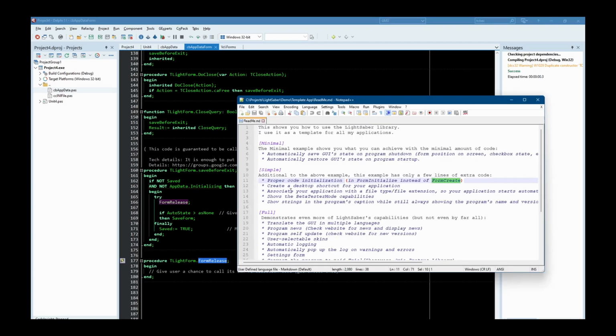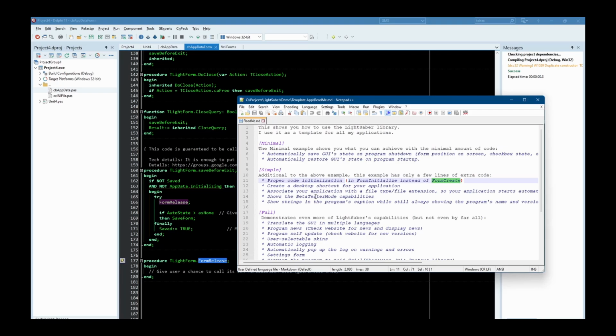So, other capabilities: we can create a desktop shortcut for our application with just one command, and we have the shortcut on our desktop. We can associate our application with a file type, with an extension, so when the user double clicks that file in Explorer, our application will start and load the file that the user just double clicked.